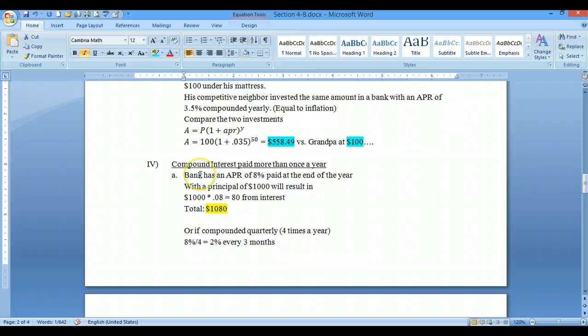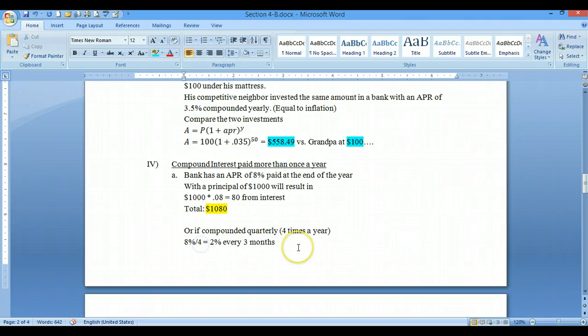So you have a bank that has an APR of 8% and it's paid at the end of every year, with a principal of $1,000. At the end of 1 year, $1,000 times 8% is $80 in interest, and your total will be $1,080, right? But if you take that same 8% and compound it quarterly, that means 4 times a year,